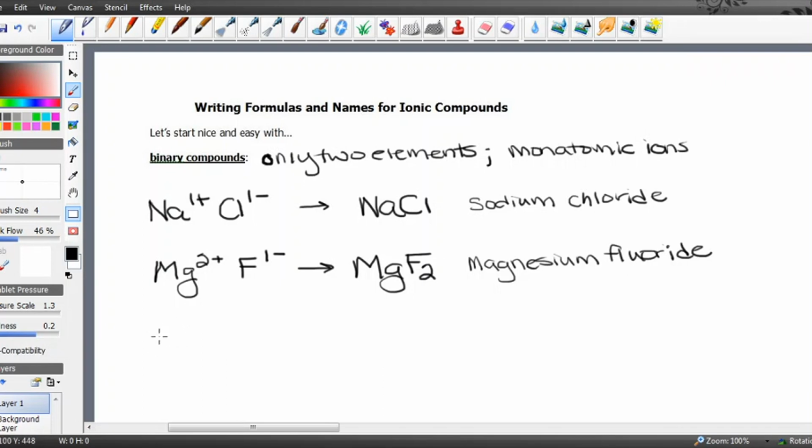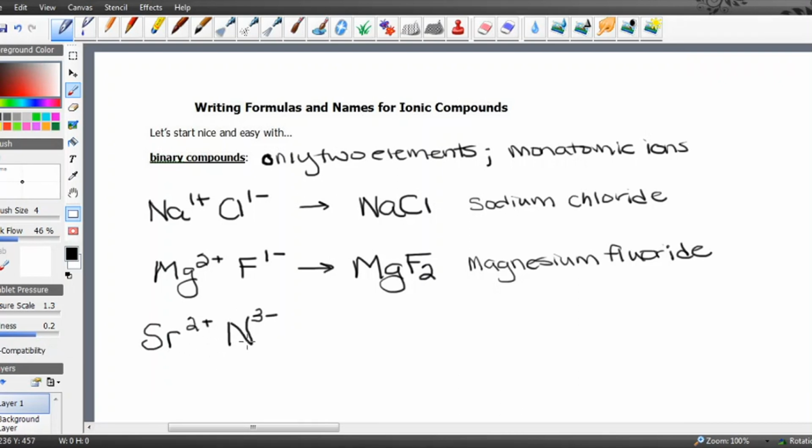All right, let's do one we haven't seen yet. Let's do strontium. Strontium is in group 2, so it's going to have a 2 plus charge. And let's do, how about nitrogen, which is in group 5. In group 5, remember they gain 3 electrons to get to 8, so a 3 minus charge. Now I want these charges to cancel each other out. And in order to cancel out,